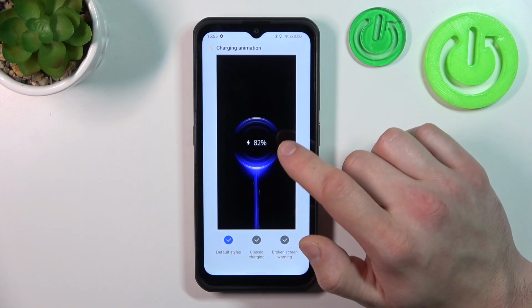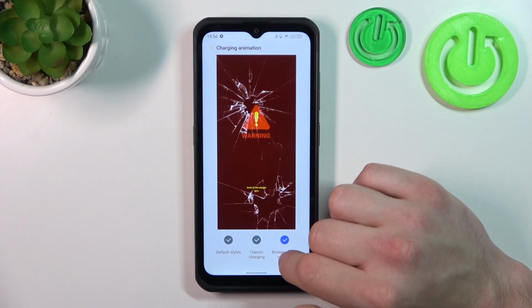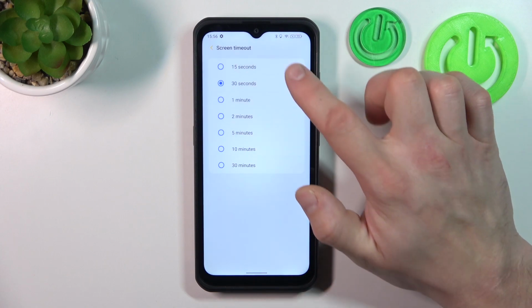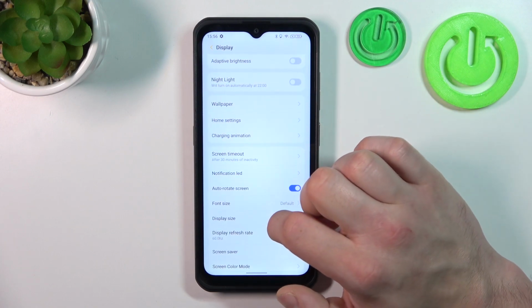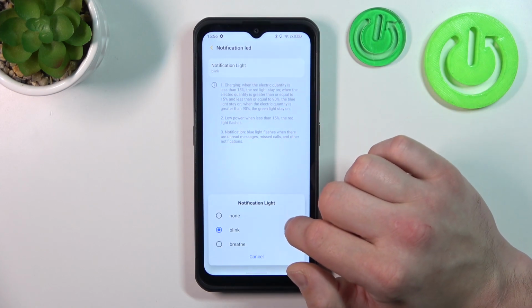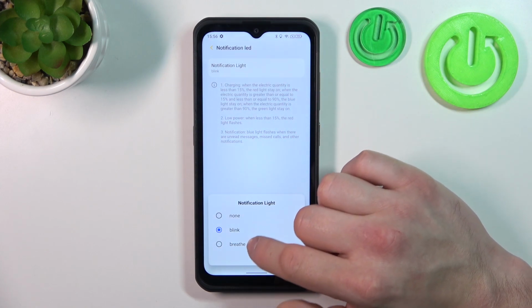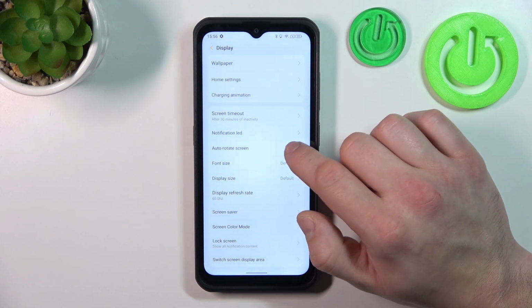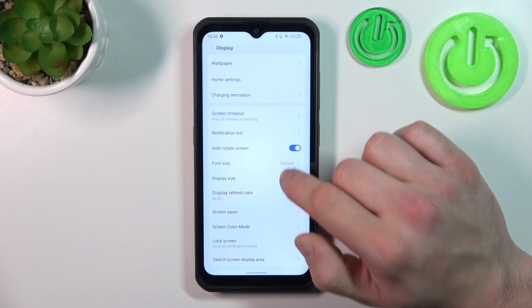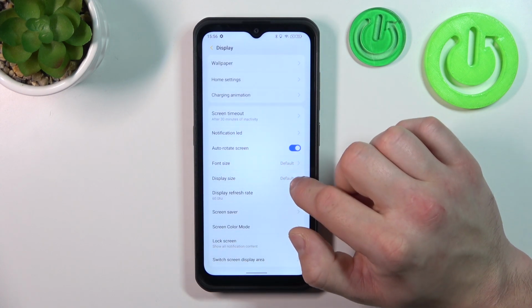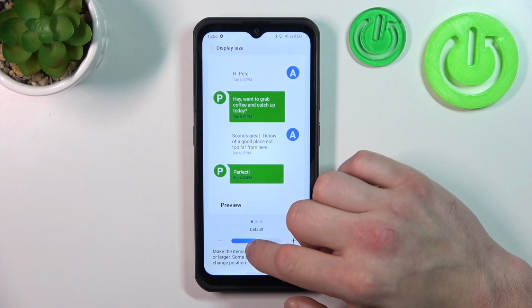Then we can change charging animation, change screen timeout between 15 seconds and 30 minutes, enable notification LED light between none, blink and brief, enable or disable auto rotate screen, change font size, display size,